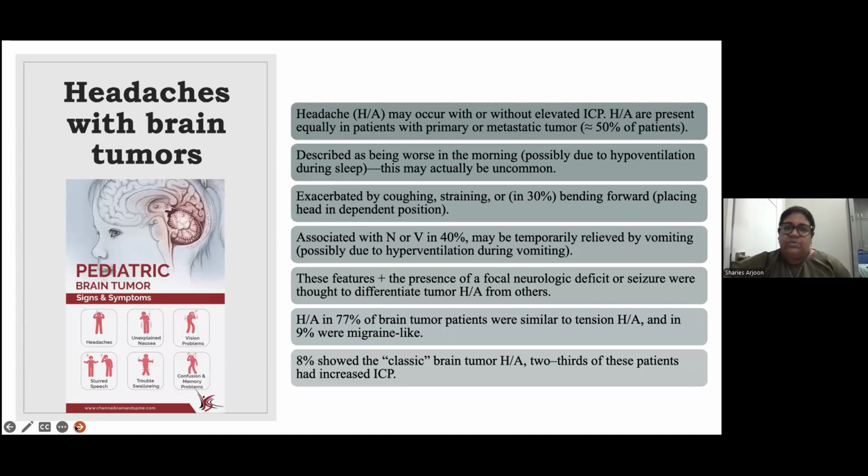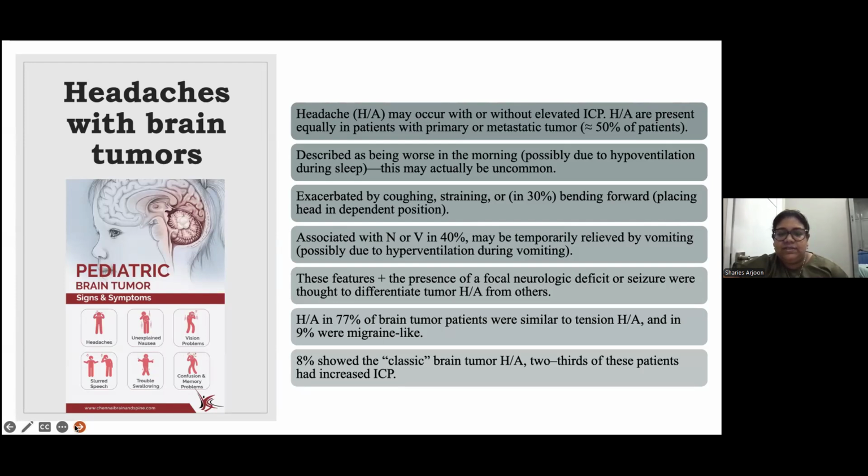Headaches with brain tumors. Headaches may occur with or without elevated ICP, and they are present equally in patients with primary or metastatic tumors. They are described as being worse in the morning, possibly due to hyperventilation during sleep, and they are exacerbated by coughing, straining, or bending forward or placing the head in a dependent position. They are associated with nausea or vomiting in 40% and may be temporarily relieved by vomiting, possibly due again to hyperventilation